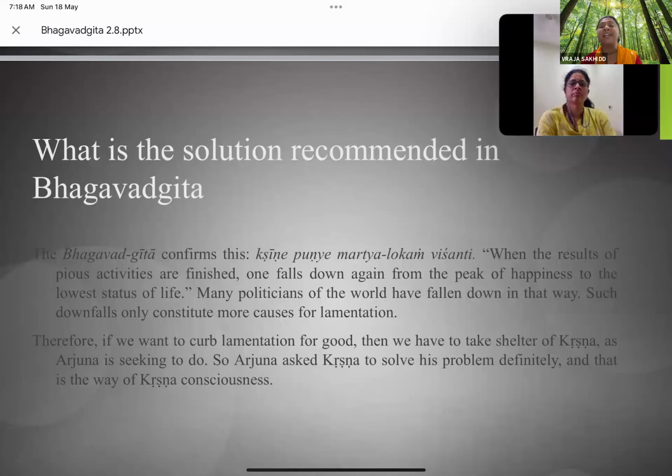Because they don't have understanding about whatever the ugra karma is that they are doing to get that position. We see many people in politics, the games are so dirty, they may even kill somebody else to get the throne. Imagine the kind of karma that they are accumulating, thinking that this life is all in all. So if we want to come out of all our lamentations, then we have to take shelter of Krishna,